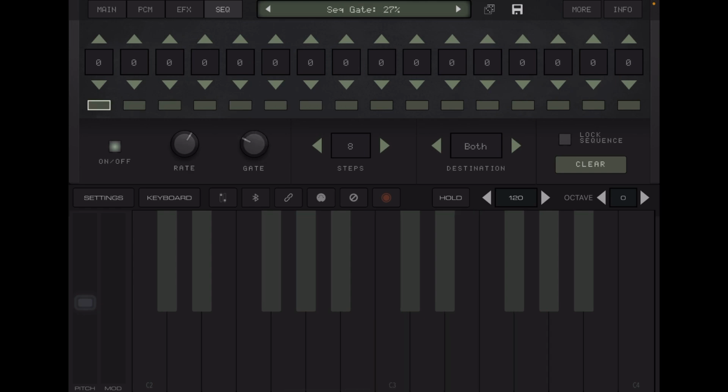So again, this gives you the opportunity to further shape the sound that you're creating if it's part of a sequence. As it stands on this, the destination is to both layers. So both layers are being sequenced, but say we only want the piano being sequenced in this one. If we just sequence layer 1,